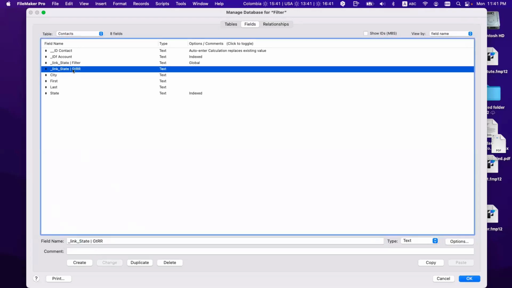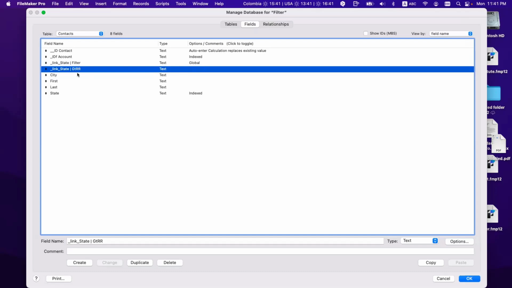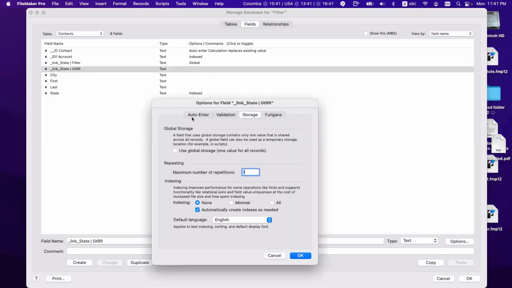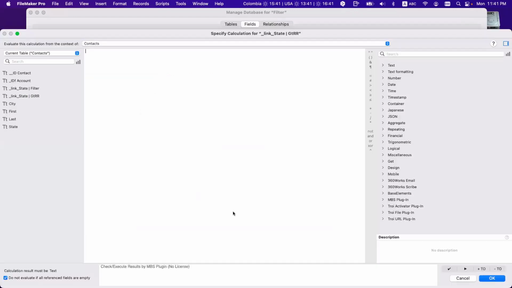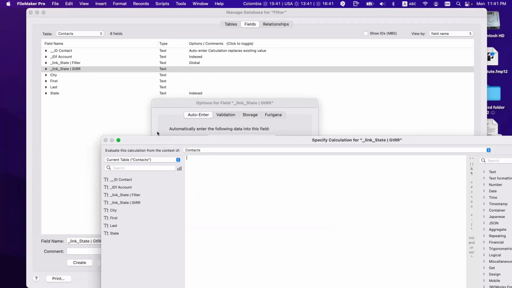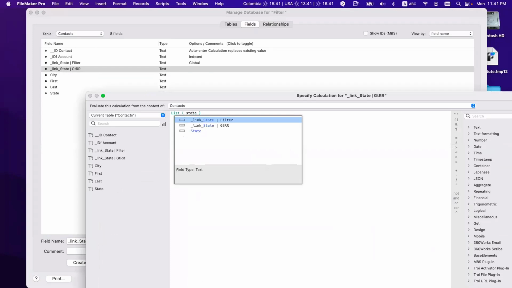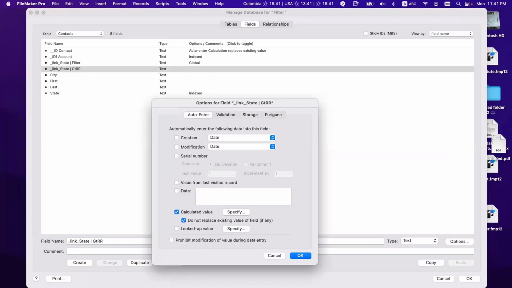State filter, state GTR. Why am I doing this? Filter means global. GTR means no global. Because in this one, I want an auto-entry calculation inside the GTR, not the filter. The filter is where you put CA, TX, whatever you want. This one here, I want the list of the states and one. So what that will do,